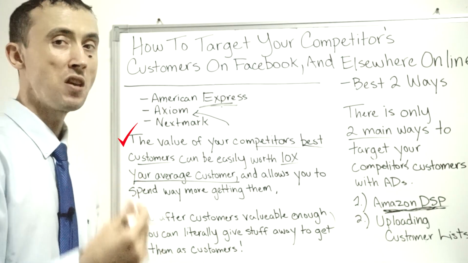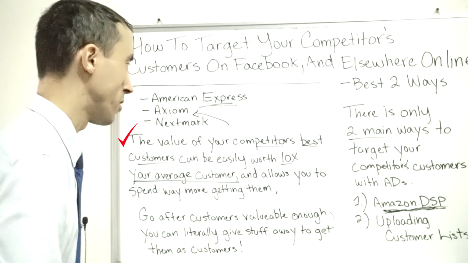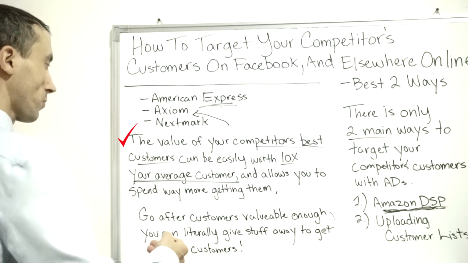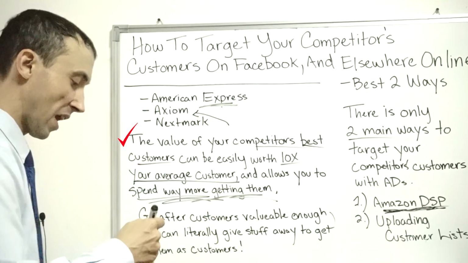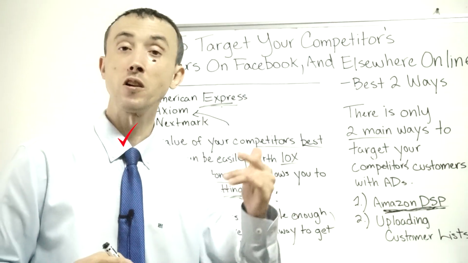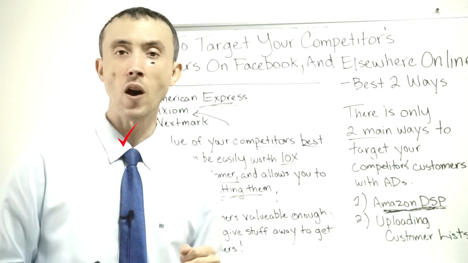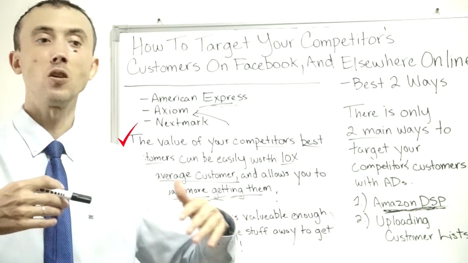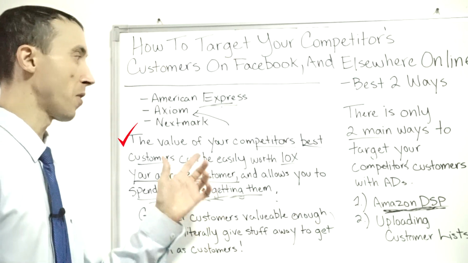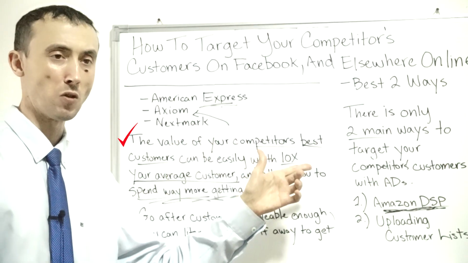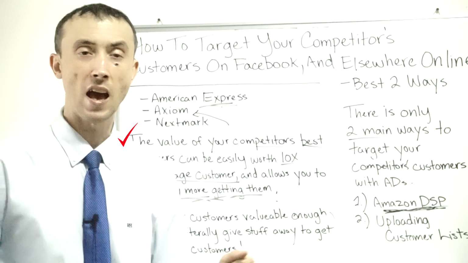So that makes it damn easy to make ad campaigns work when you need to have an 8-to-1 or a 10-to-1 return on your ads online. It allows you to spend way more to get that customer. So it's either going to be way more profitable or, more importantly, put you in a position where you can spend way more to acquire that customer. So you might find that you can only spend 10 bucks to get a customer if it's any old customer, but if you can get in front of your competitors' best customers, you can pay $100 to get that customer and still have an 8-to-1 return on your ads.